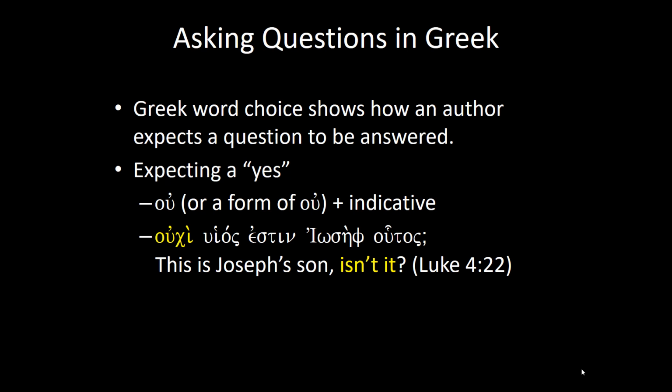Ouch houtos estin ho huios Iosēph? Is this not Joseph's son? Or this is Joseph's son, isn't it? So we have that negative ou, here it's ouch, plus the indicative, and so we're expecting the answer, well yes,